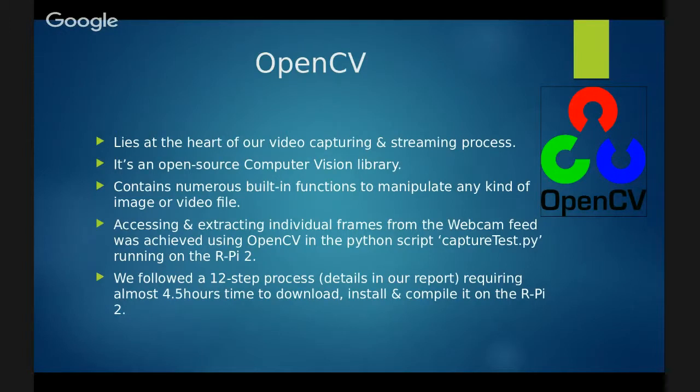Accessing and extracting individual frames from the webcam that is attached at the front of our Mini-rover was done using a Python script named capturetest.py running on the Raspberry Pi, which used some OpenCV library functions to obtain the video feed and then stream back those